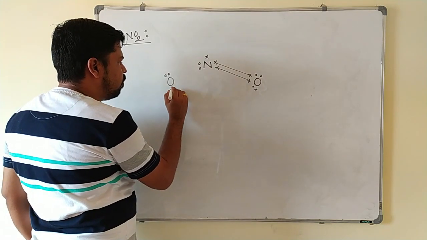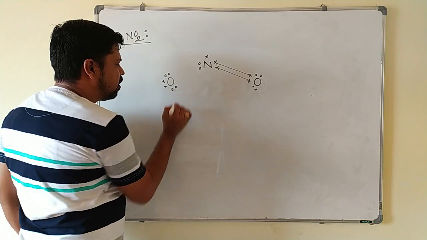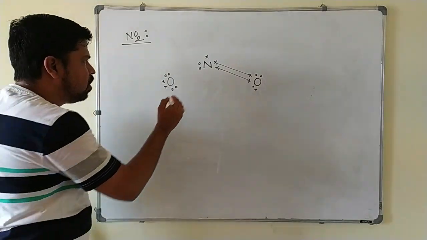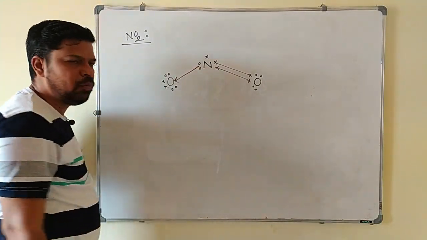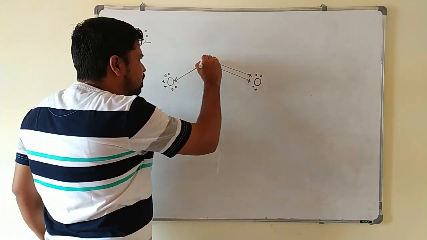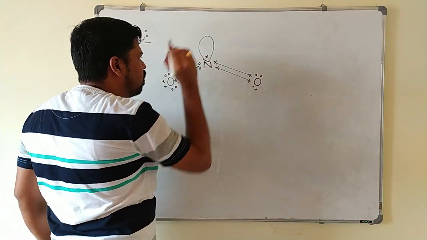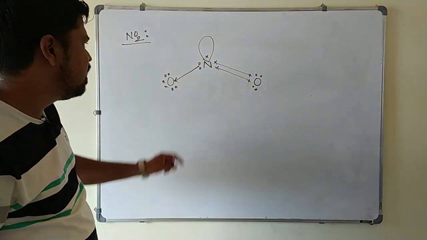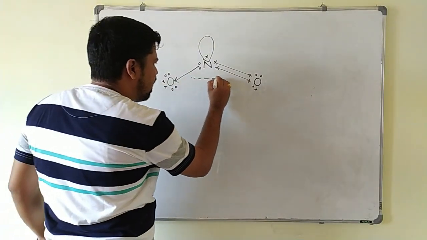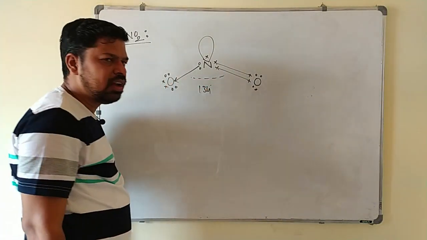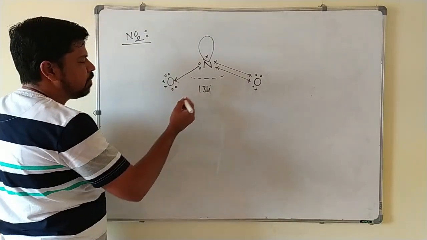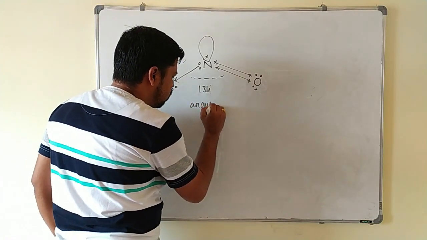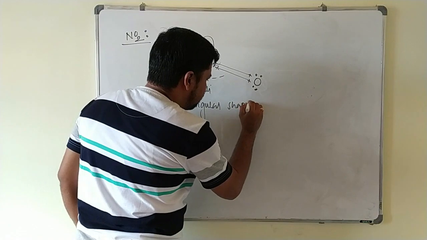Okay, this is 2 lone pairs of electrons on the oxygen and 2 unpaired electrons. We know that this is having just 2 electrons less than the octet. Again these 2 electrons are given towards the oxygen like this to form the coordinate bond. Okay, on the nitrogen 1 lone electron is there. Due to increased repulsion among the lone electron and bond pair of electrons, this bond angle decreases to what here? 134 degrees here. So what is the shape of the NO2 molecule here? It is having an angular shape.